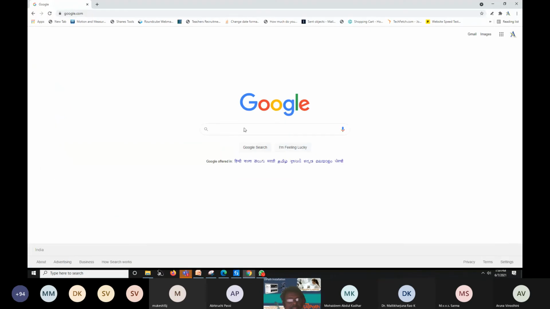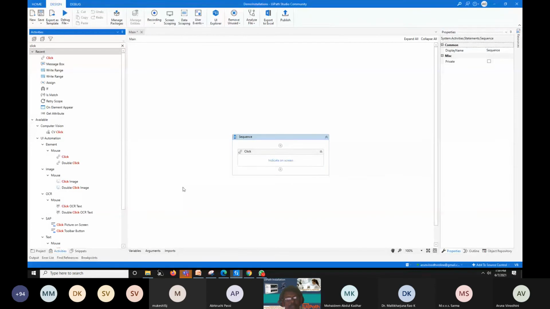In the web browser, what I told you was to open google.com. Now you can see this particular website here. Now I'm going to try to locate all the elements. Just click UiPath, and we have the click activity.